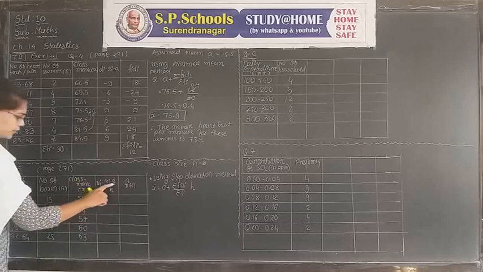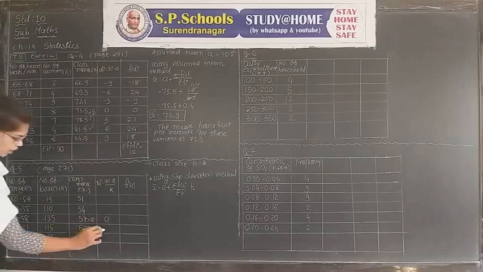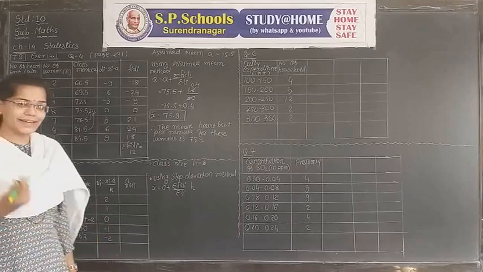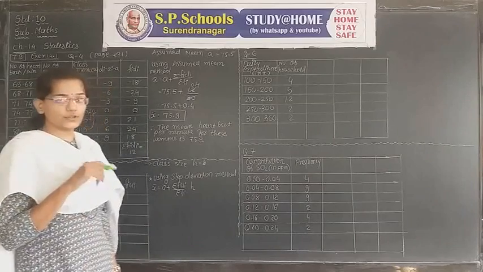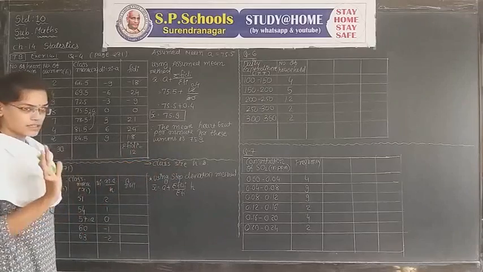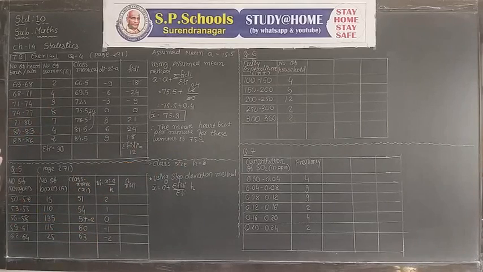Now to find ui, first of all subtract a from xi. Suppose 57 is our a. In front of a, ui is 0. Below it, minus 1 and minus 2. Above it, 1 and 2. Why are they minus 1, minus 2 and 1, 2? We can write them directly because all class intervals have the same class size h equal to 3. If they are not equal, we cannot write ui directly like this.